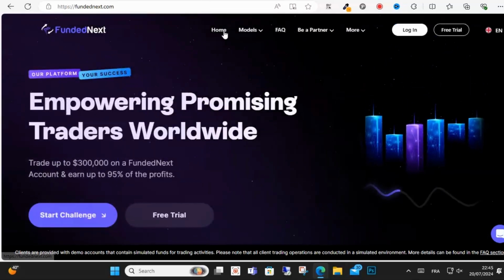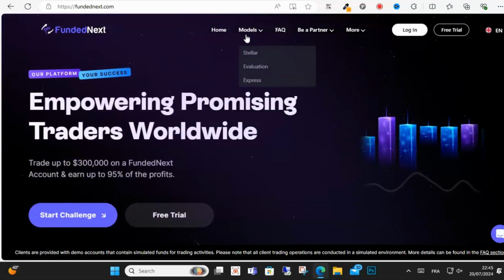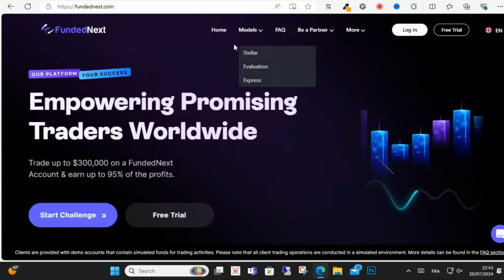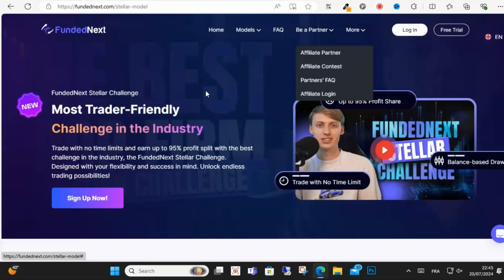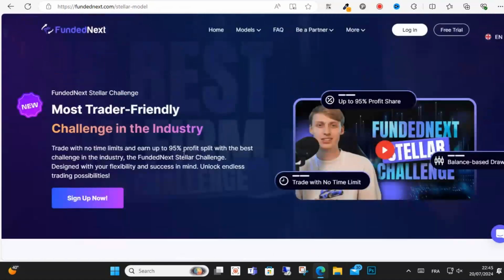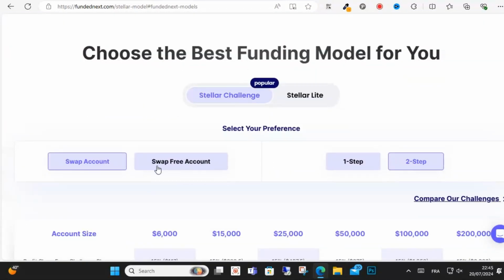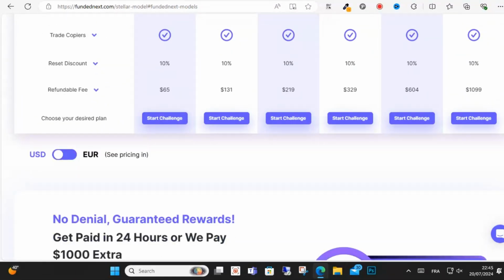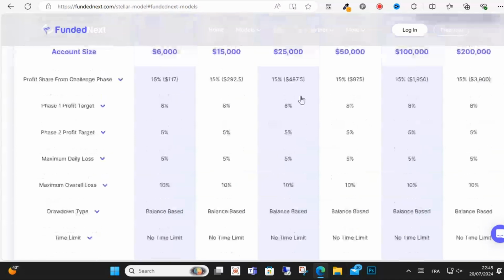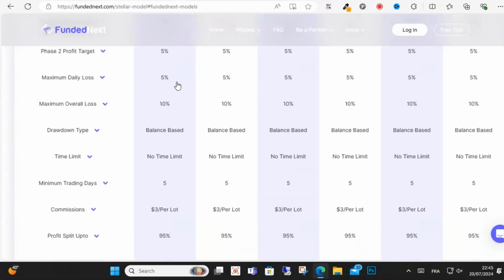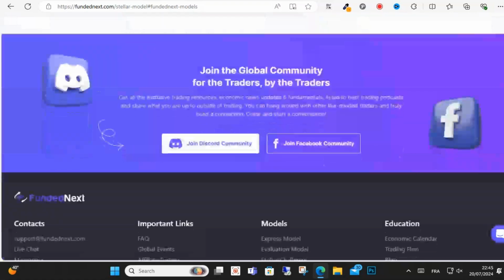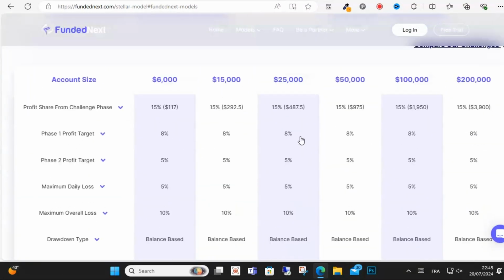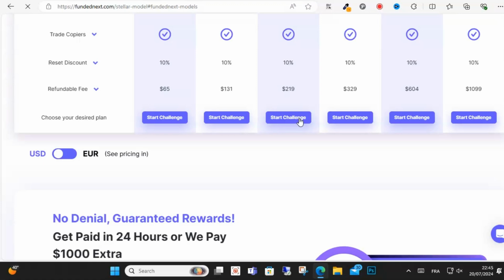First, go to your website, as you can see here, and select the model that you want. For example, the Stellar model, and I want the 25,000 account, as you can see here. Scroll down and click Start Challenge. If you notice, everything is already laid out here, except in this part, where you can add the lifetime payout, and you can continue. Then input your email address, as you can see here,